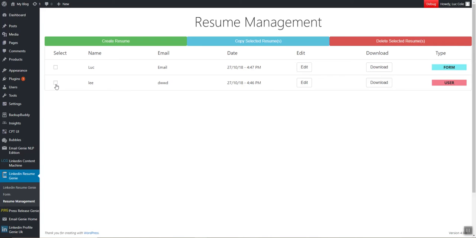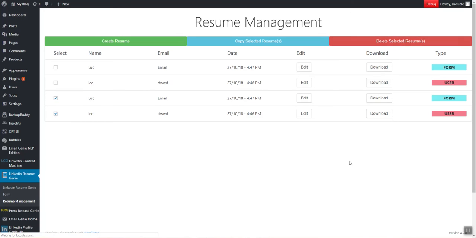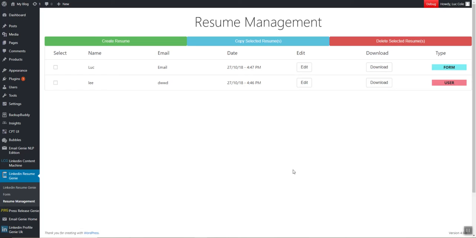To do both, you click this little checkbox. You can click 1, you can click 2, you can click as many as you have or none. And then you go to where it says copy selected resumes or delete selected resumes. So if I click both of these and click copy, I get 2 more, 1 for each. And if I clicked delete, they would go away and I have no resumes. I can delete the extras right here. There you go. So that is in a nutshell how to use